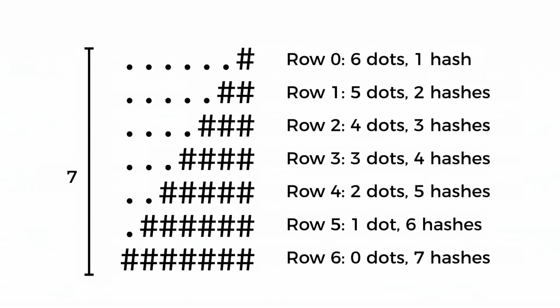And you can draw this sort of diagram for pyramids of other heights as well. Try one for a height of 3, for example, or a height of 8, and see if you can come up with some sort of pattern or some sort of formula where you can take the height of the pyramid and the row number to figure out how many dots you need in that row and how many hashes you need in that row. Once you're able to implement that, you should be able to run your Mario program and see this right-aligned pyramid with dots in order to shift all of the rows to the right.